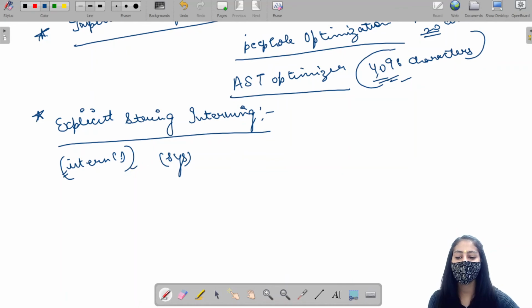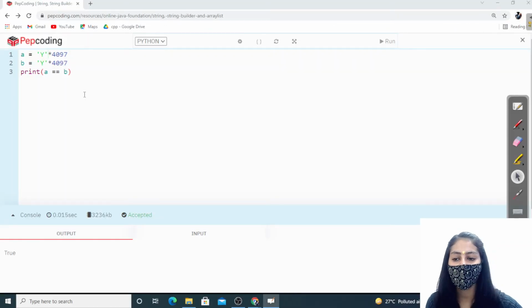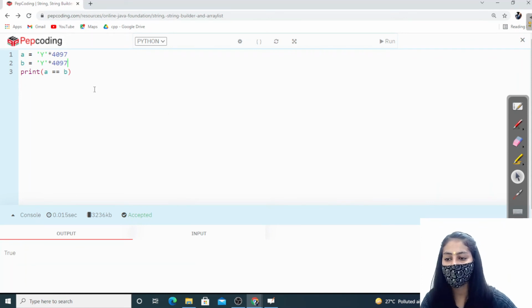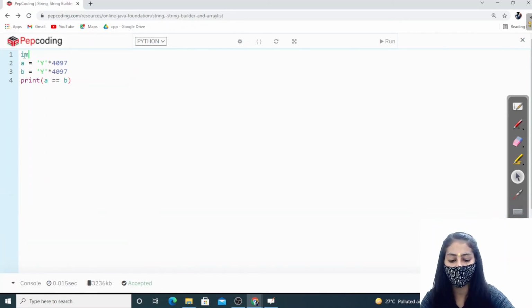By using this function, the string will always perform interning, right? So let me use that function. For that, we have to import the sys module. Now this is the function. Now by using this function, this string is always going to perform interning.